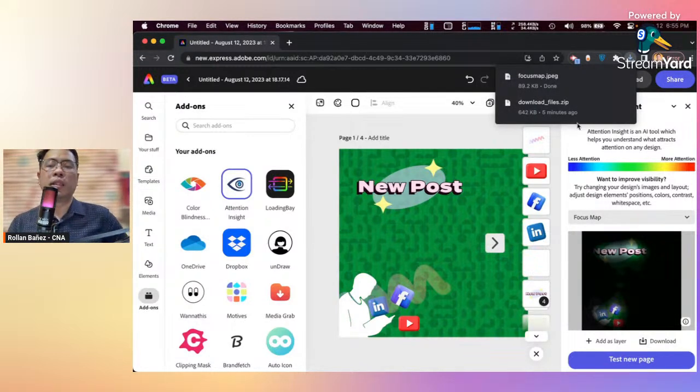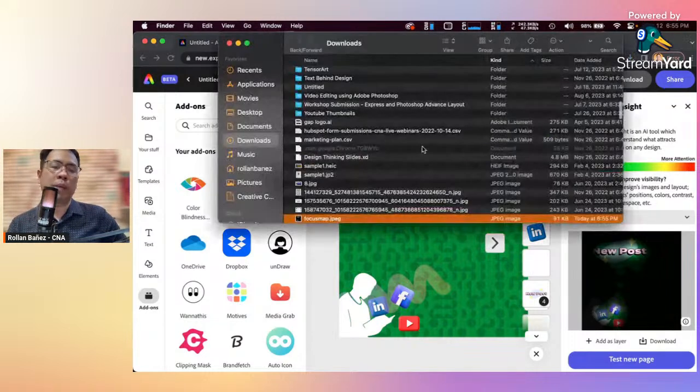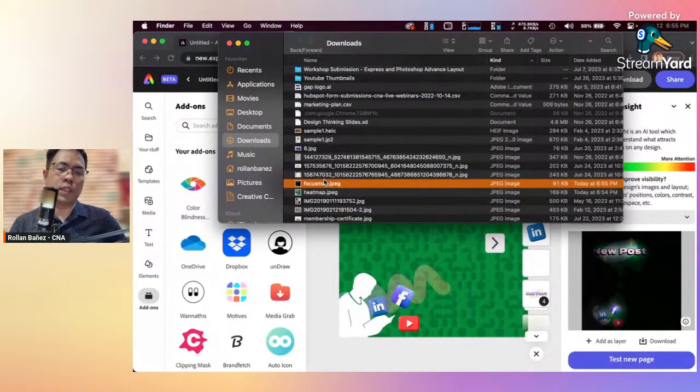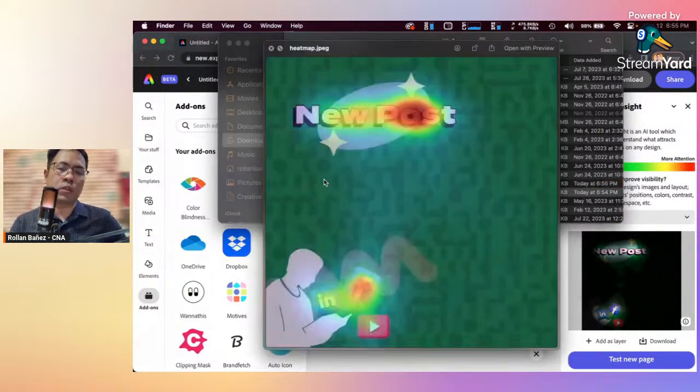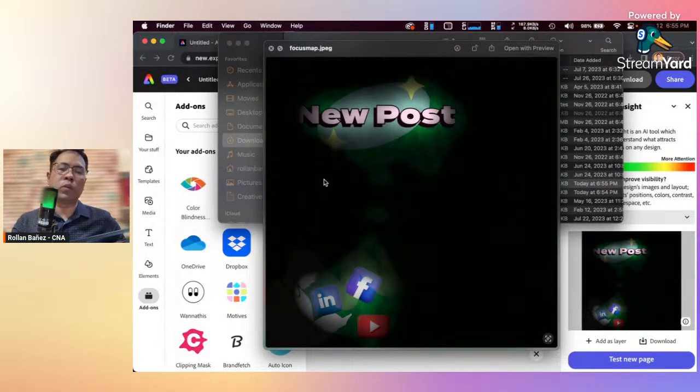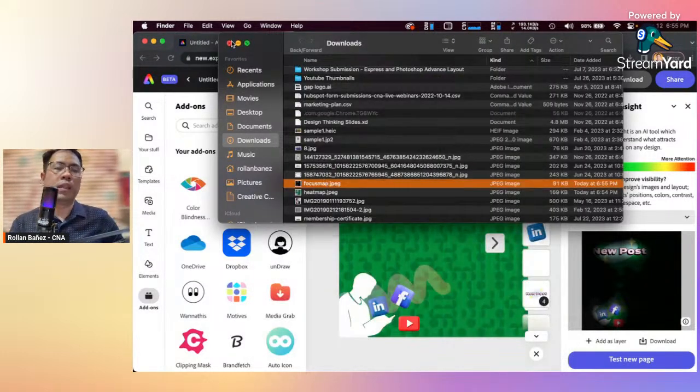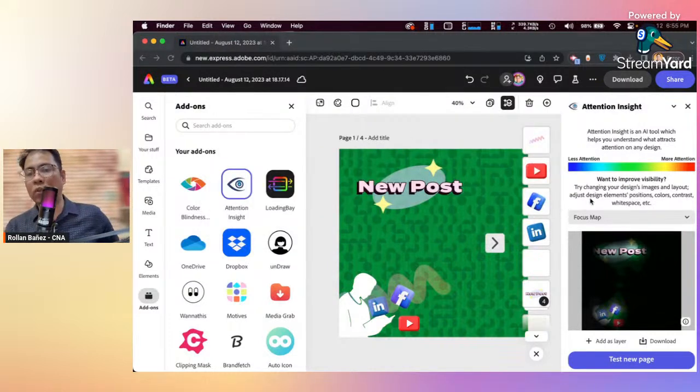Let's click on focus map, and as you would see, we have two versions of this: the focus map and also the heat map. If you want this to be very transparent, you can easily use a heat map. If you want this to be focused and not revealing much, you can easily use the focus map. Okay, so this is a great tool, Attention Insight.